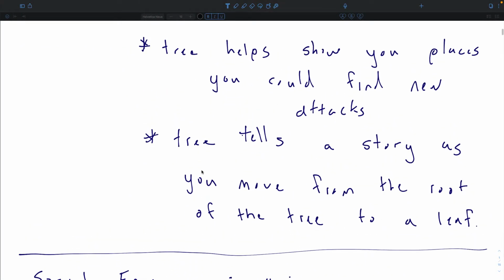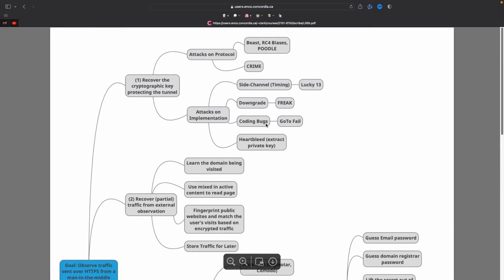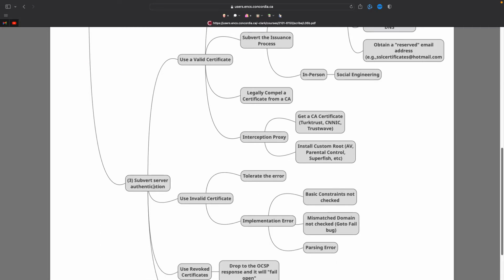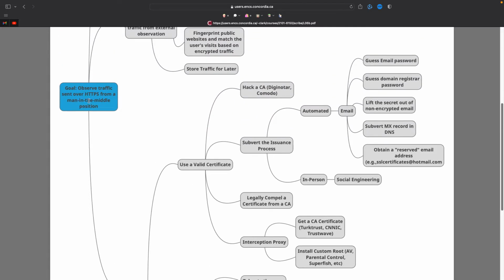Another thing is that the tree should tell you a story, right? So I'm going to guess the email password of admin@domain.ca. When I do that, I can subvert the email version of certificate issuance, which is an automated process. Once I do that, I'm going to end up with a valid certificate. Once I have a valid certificate, I'll get the tunnel pointed at me, and then I'll achieve my